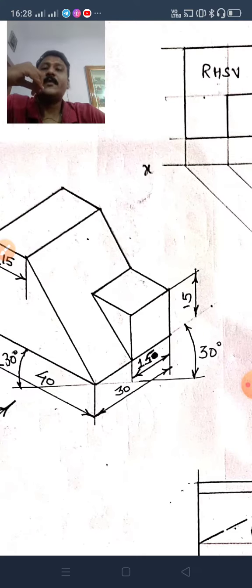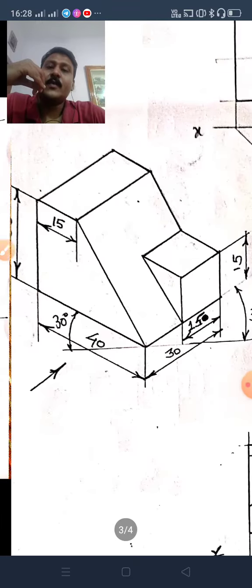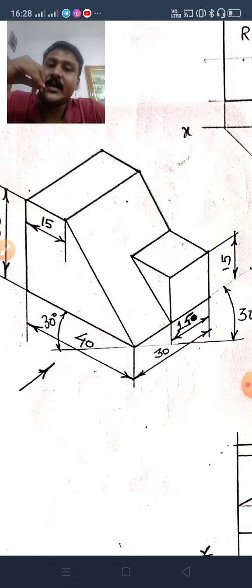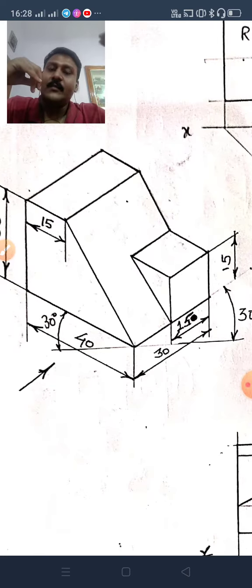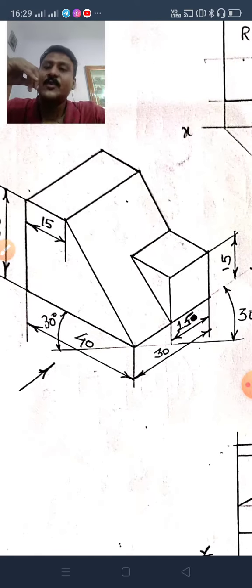Here the front view, the top view and the side view are all in one figure, but here all are different figures. We will assume that we are drawing in the first quadrant only, so do not bother about the third angle projection method. Here we will always keep the VP above the XY line and the HP below the XY line, which means the front view is above the XY line and the top view is below it. The side view is drawn opposite to where you are observing from. If you are seeing the side view from the left-hand side, you draw it on the right-hand side. If you are seeing it from the right-hand side, you draw it on the left-hand side.